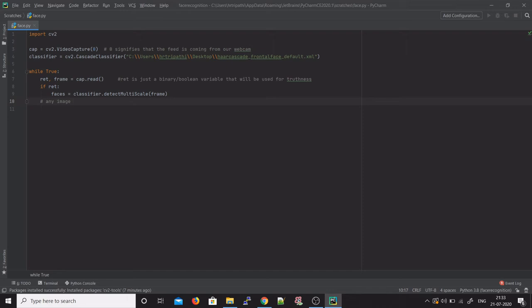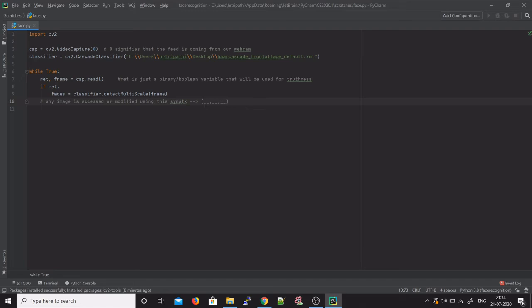Any image is accessed or modified using this syntax, and it's basically just some value and some value. So you got 3 values. The first value corresponds to the intensity of blue color in your image. The second value corresponds to the intensity of green color, and the third value corresponds to the intensity of red color.